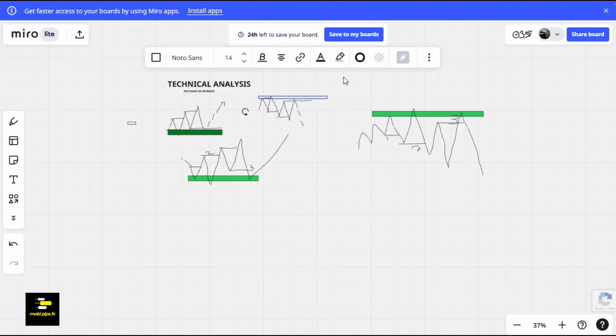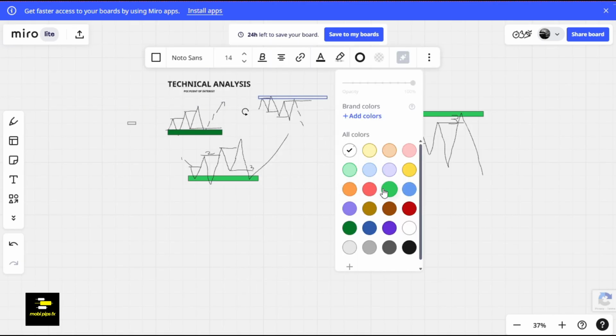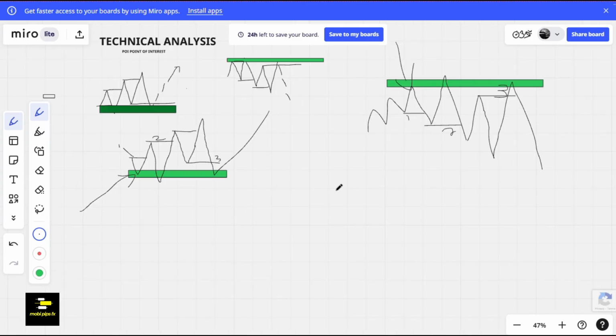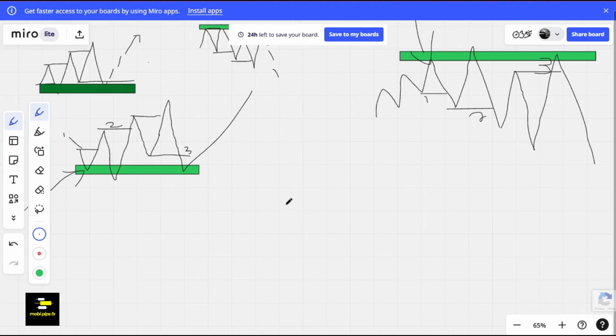Okay, so how do we know this point of interest? How to know exactly the point of interest we are talking about. So meaning we are going to focus on this side. What to look out for here? The point of interest. What are we saying? We are saying that when price moves like this,